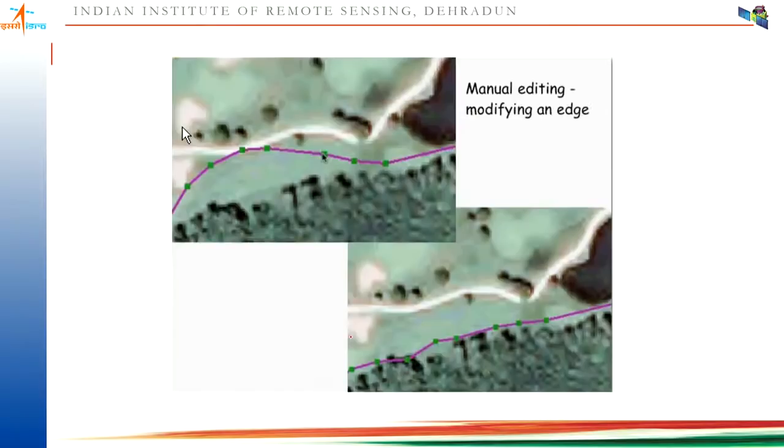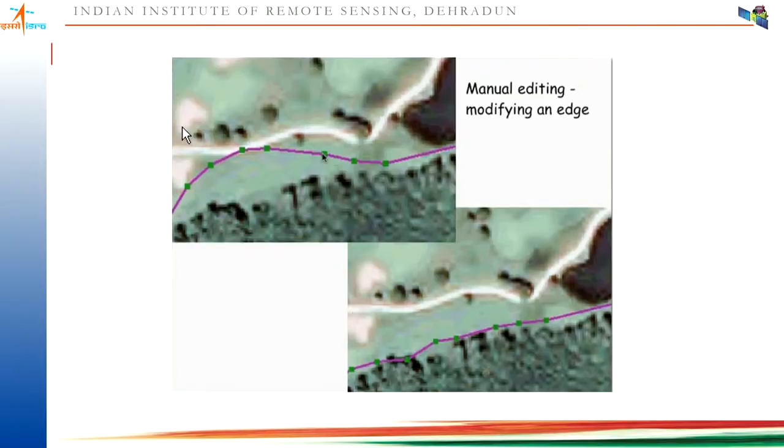The second one is very interesting, where for this I have different nodes, vertices, right? You select that and start editing. Now all the vertices of this line boundary are highlighted. Now you can move individual vertices to the corresponding point. Suppose this feature belongs to the boundary of the forest, so I can move these vertices nearest to the forest boundary.